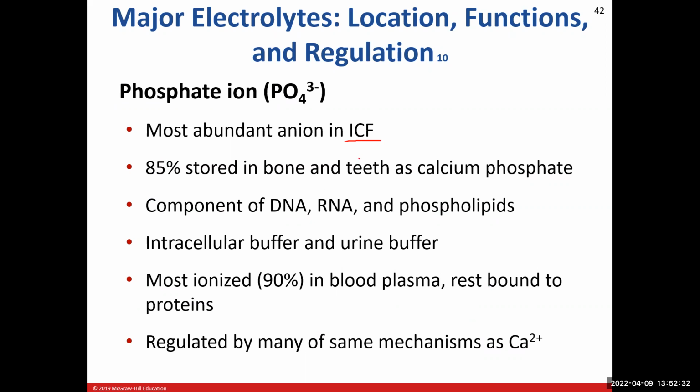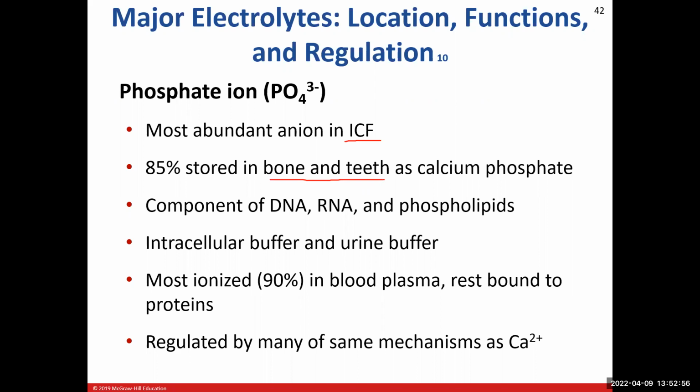And 85% of it is going to be found mixed up with calcium inside of our bone and teeth. We'll also see it in our DNA, RNA, and also the phospholipids. You remember the phospholipids, those are the lipids that are a major component of the plasma membrane of our